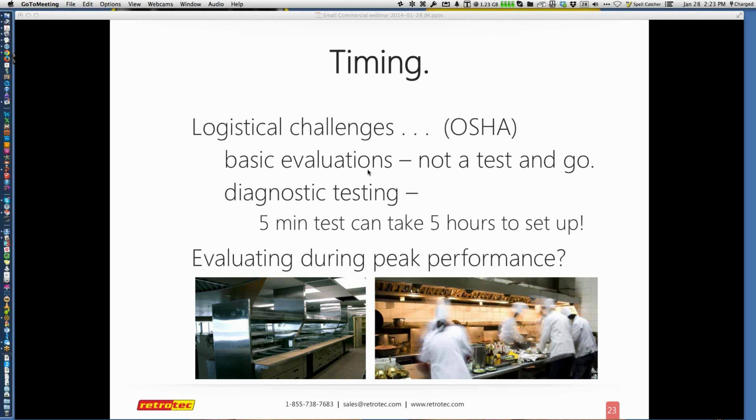You may go to a restaurant in the morning and it's just you and the owner sitting at the place, versus when you come back at 5:30 at night, the place is full of clients, customers, cooking staff, a variety of stuff happens. So if you really want to evaluate what's happening, you really want to make sure you understand their entire business model and what their clients are doing. So, you know, a 5-minute test to do a blower door test could take up to 5 hours, depending on what kind of conditions you had to work around, or whether you had to be there late at night or early in the morning, maybe even on a weekend or holiday,